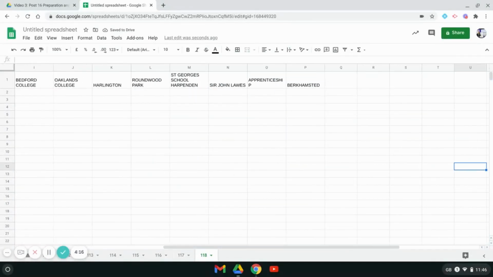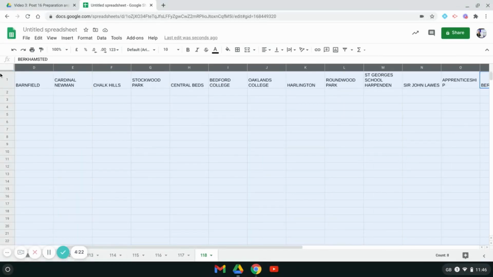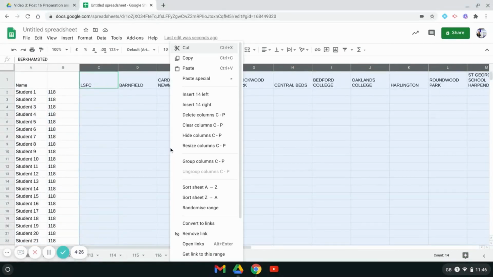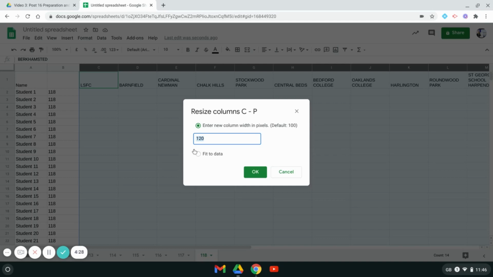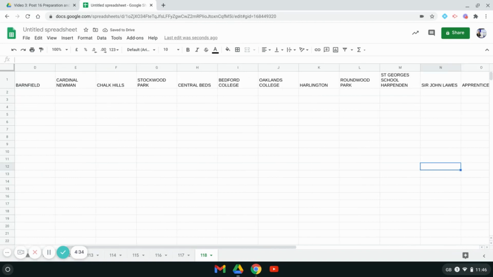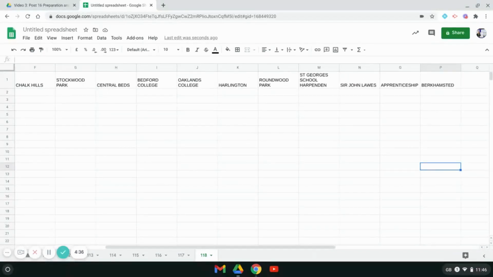And no. So let's try 125. So it's apprenticeships, which is too long a word to fit into my nice titles. There we go. So they're all sitting neatly in their columns, and now I want to add draft